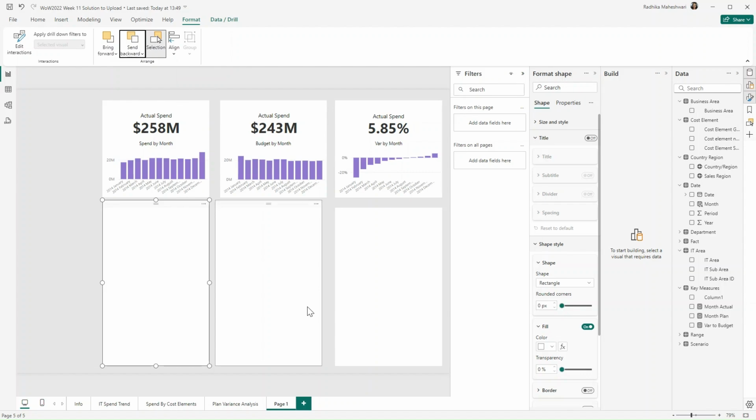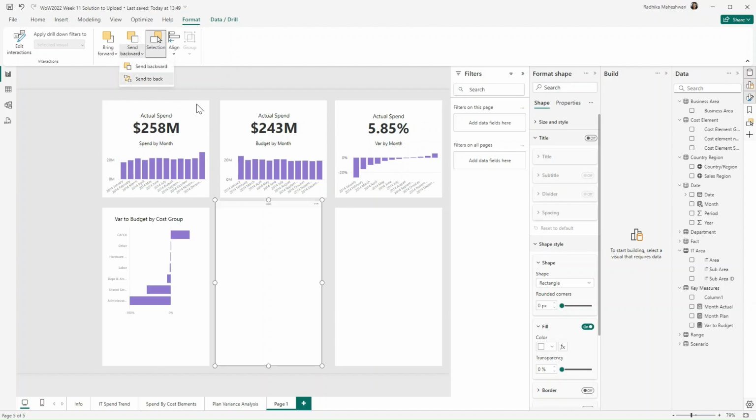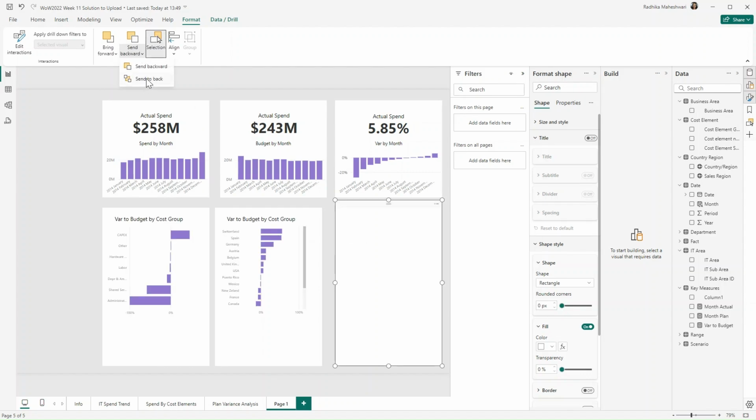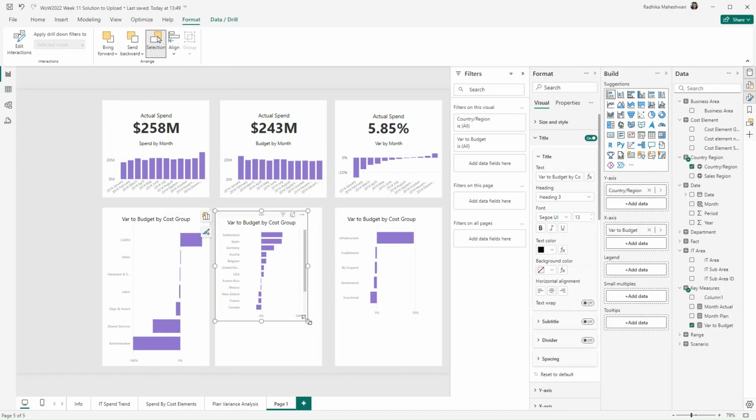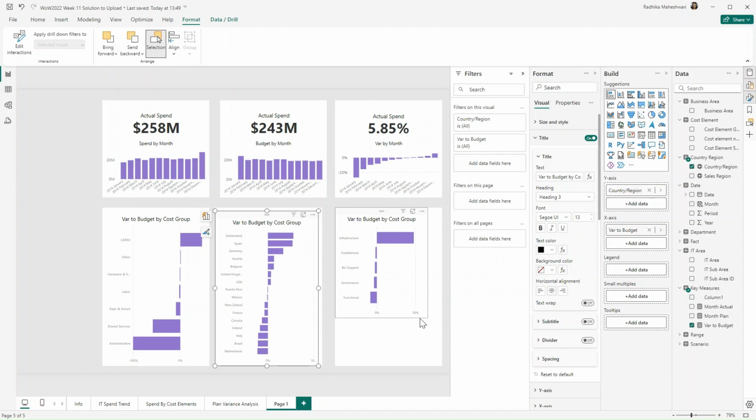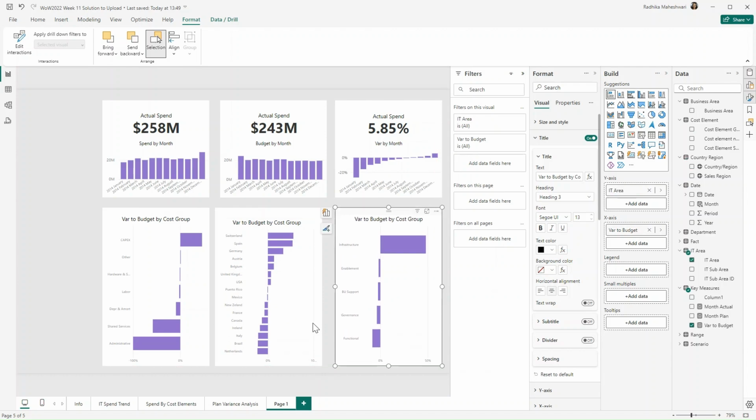I'm again going to do send to back. And now let's just increase the size. And I'm just going to format these.